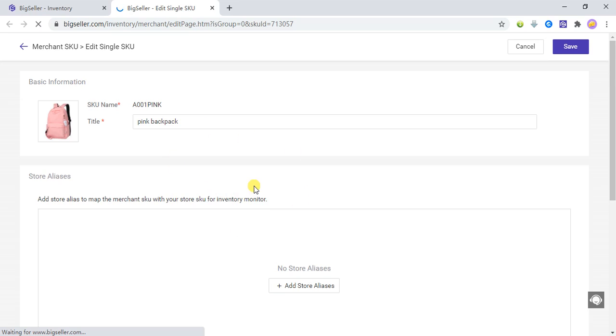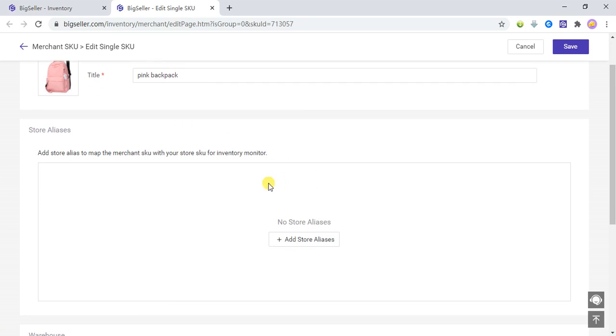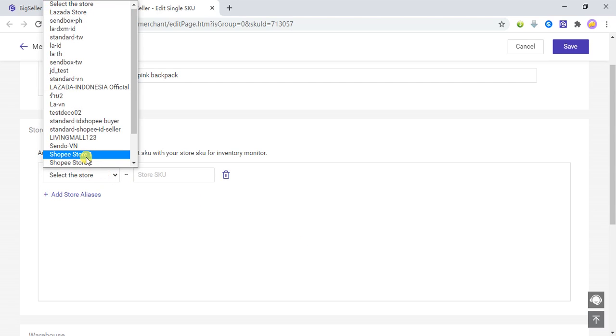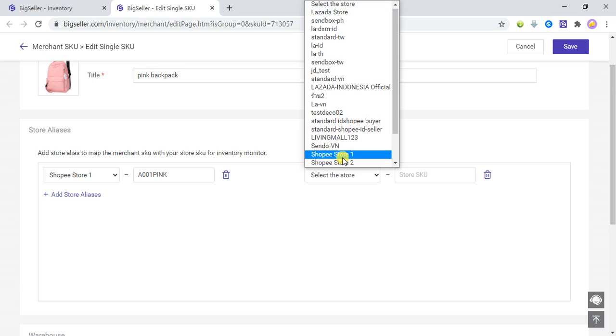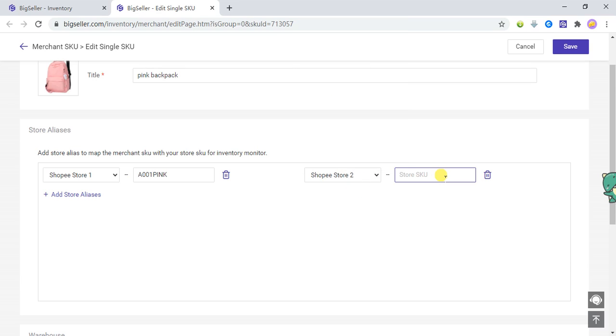Click this button and then enter the page. Here you can add or delete mapping relationships. Click Add Store and then select the store, Shopee store 1, and then enter the store SKU. And then Shopee store 2,